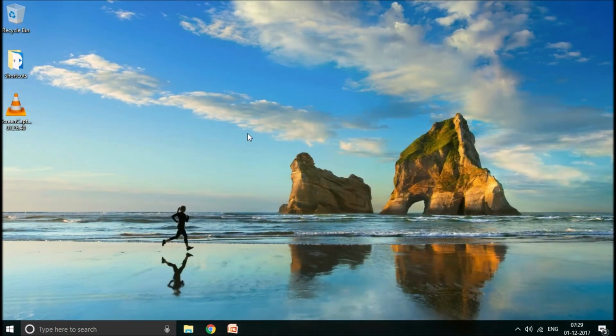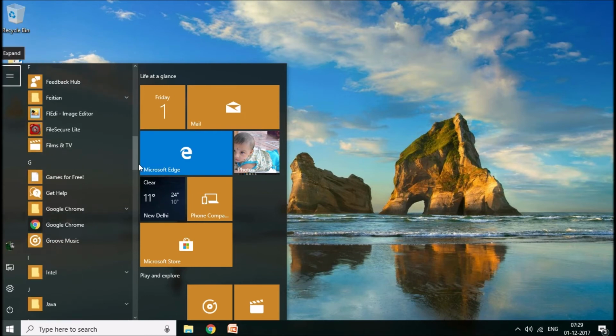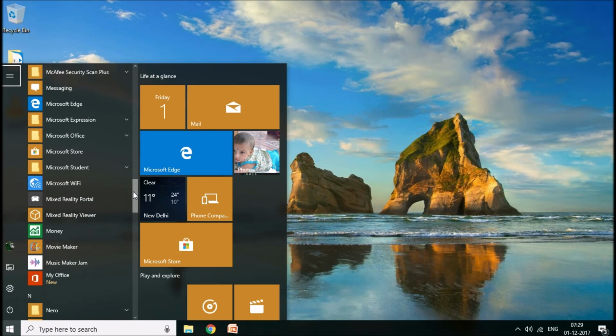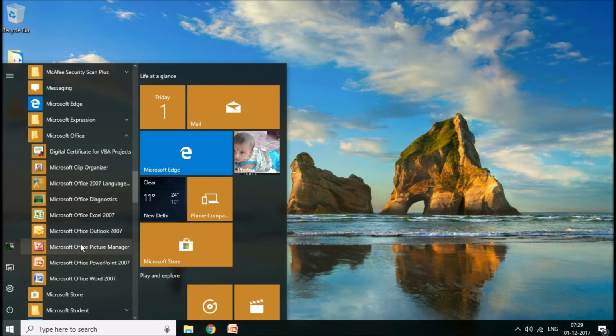Similar to any other software, the way of opening a new file in MS PowerPoint is either you can click here, search for PowerPoint, or you can click on the start button, go to all programs, and look for the MS Office package. Once you get MS Office, in that you have to go for Microsoft PowerPoint. Right now I am using the 2007 version, as I have explained earlier also.